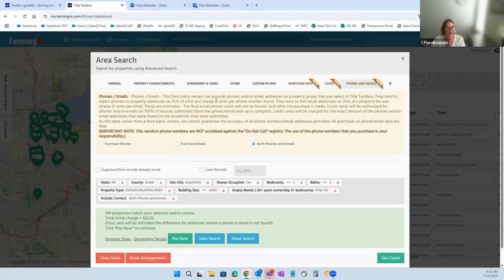So if they come back and they found an email and a phone number on each record, it would be 15 cents per record for both the phone and the email. If you take 15 cents times the 149 properties, that says $22.35. You have to have enough money in your account to pay for those right here. But what actually happens is once you hit pay now and you have that money in your wallet,